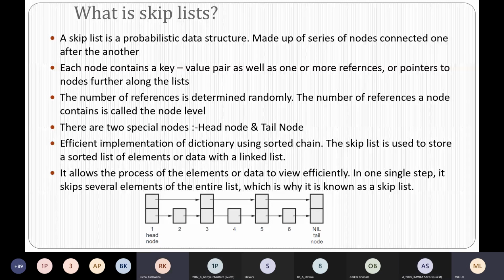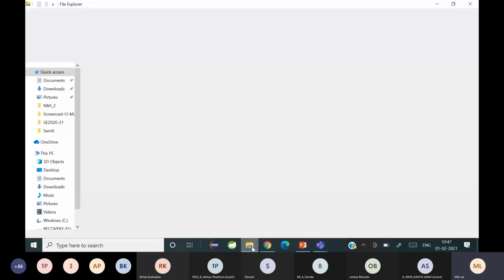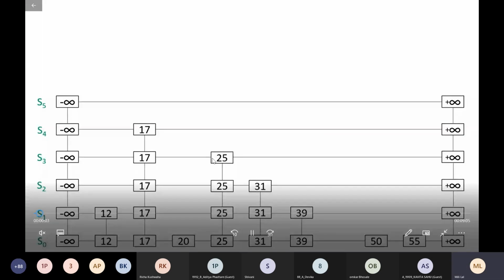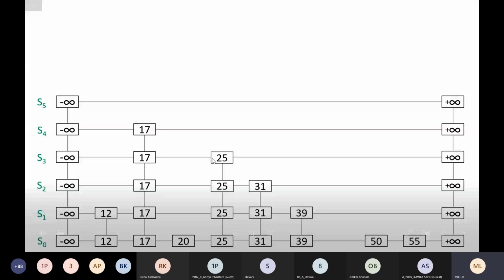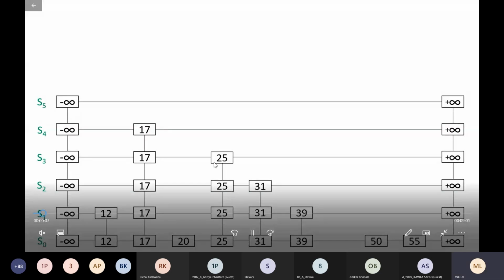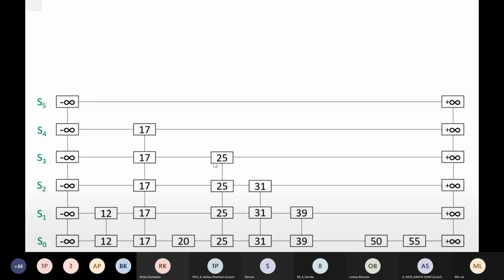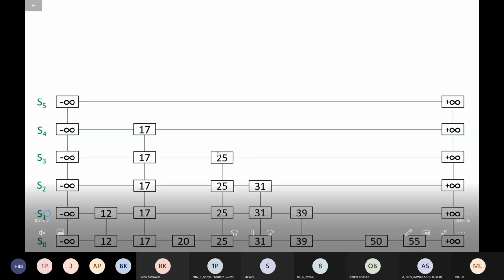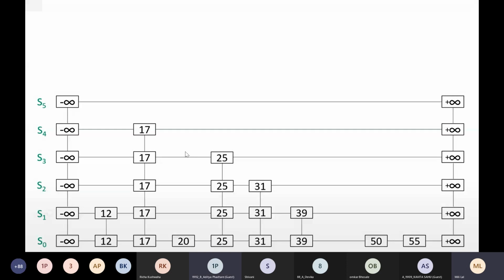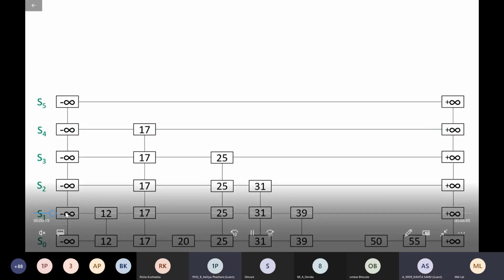Okay, fine. For the insertion, again I'll show you in a video format so that you understand it better. Can you see the screen? All of you, can you all see the screen? Can I start explaining now? Okay.